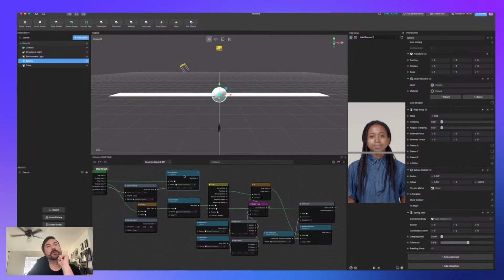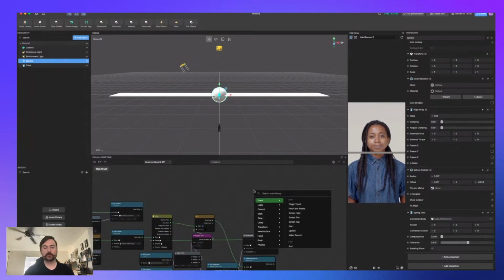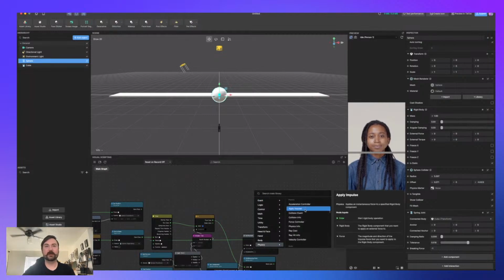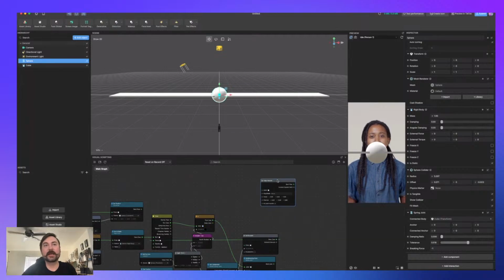Yeah, if we do hit a point where, like this, using the spring joint to spring the ball forward doesn't work, then I would just use a node. So let's see, in the physics nodes, there are all these different nodes that are very useful, like apply impulse.